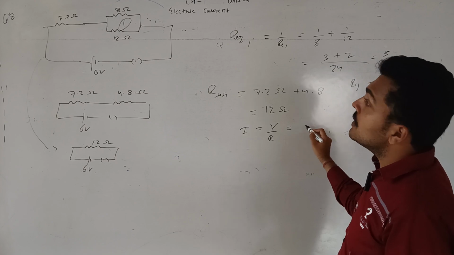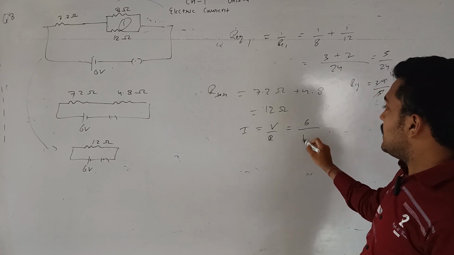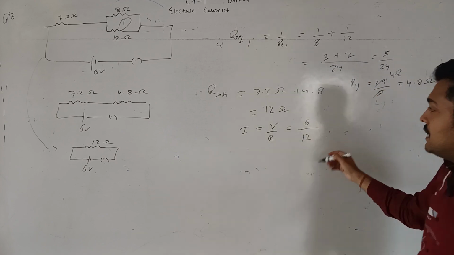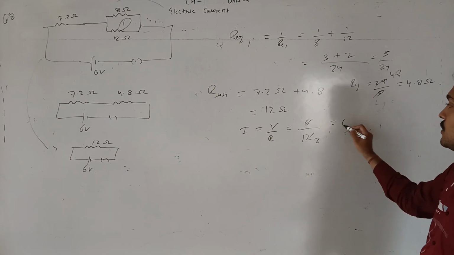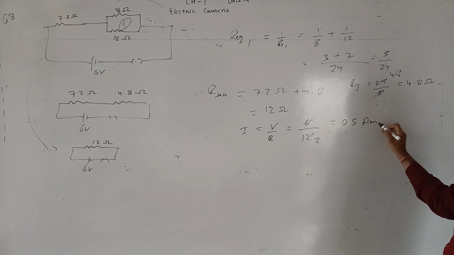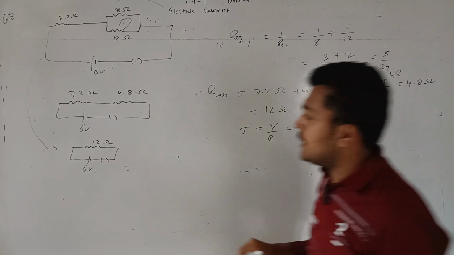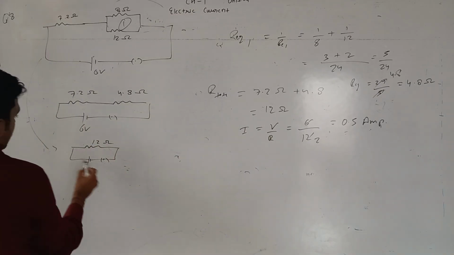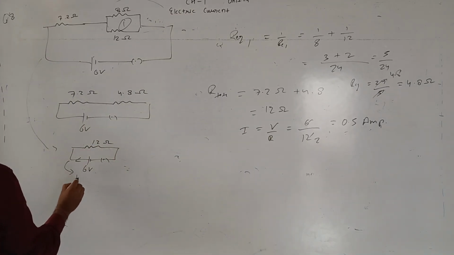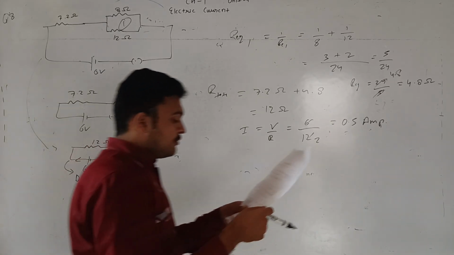So total potential is 6 and total resistance is 12 ohm. So 6 by 12 is equal to 0.5 ampere. 0.5 ampere is the current in this circuit. So the current through the battery, the main current, is 0.5 ampere, and last we have to find the potential